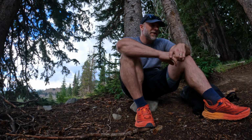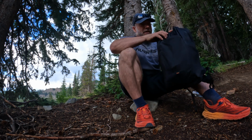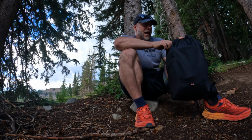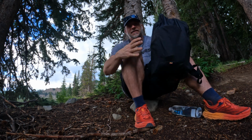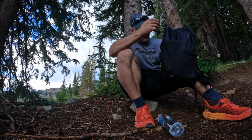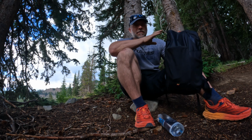So very cool little shop. They've got a lot going on there. Really coming up with some new designs, coming up with new stuff. And one of the reasons I stopped there was to pick this up. This is their Dark Sky, which is their first day pack. And so far, this is the second day I've been out using it and really like it. I really like this sleek design here. And it's just really nice. And the materials that they're using, we'll talk a little bit more about that in depth